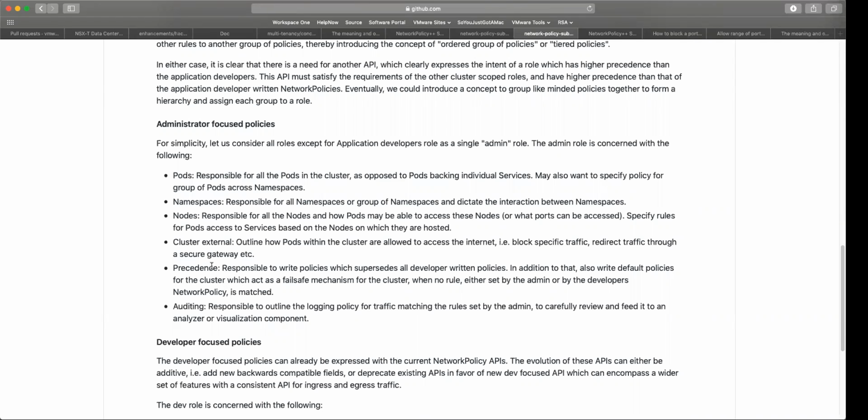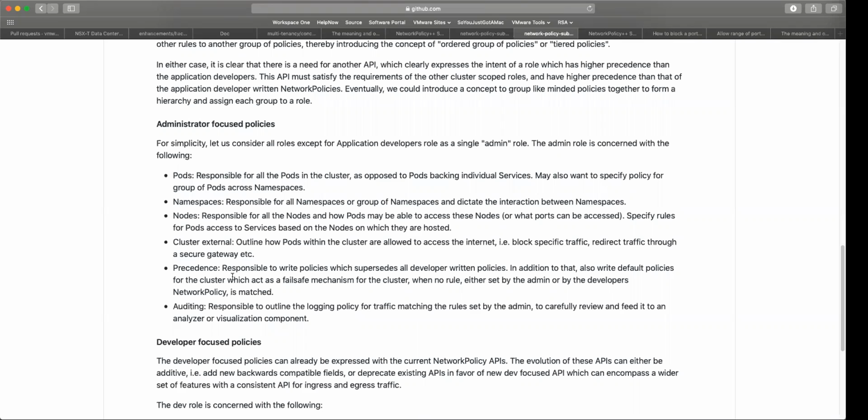So this is not an answer. This is more a question of what are the things that administrative-focused policies or a cluster network policy would need to think about. Some of these are use cases that come up often: you have a security policy for your company that you cannot expose certain ports. Those are the kind of policies which need to take precedence over the developer-written policies. Even if a developer writes a policy saying allow my port 53 to be accessed from anywhere, if an administrator does not want that to happen, then that should be enforced before the developer policy.